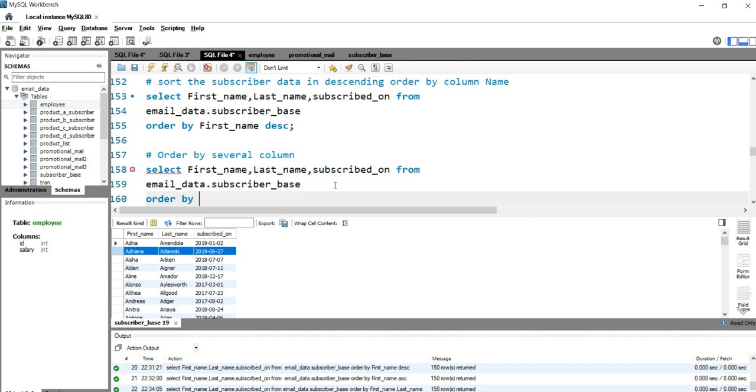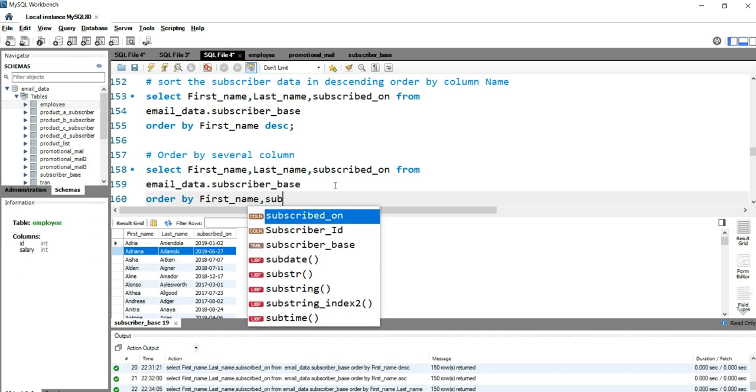So my first criteria for sorting the data will be the first name, right? So I'll put first name, and then I have to put the other column by which I want to sort the data, which will be subscribed on. So I want the first name sorted in ascending order, while the subscribed on in descending order.